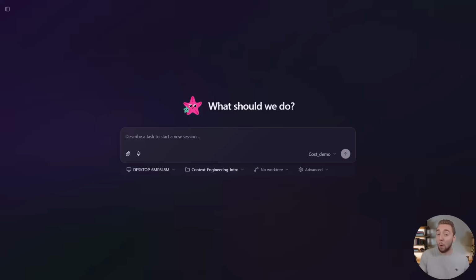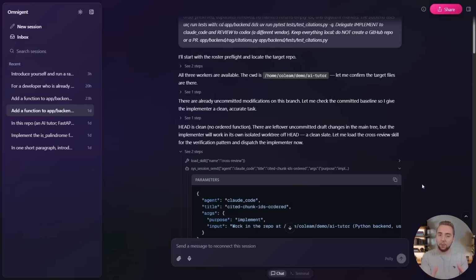There is a new open source tool that was released just over the weekend. It's called Omnigent, and we're going to unpack this today because it is a very powerful and free to use meta harness. A meta harness is a tool that allows you to run longer AI coding